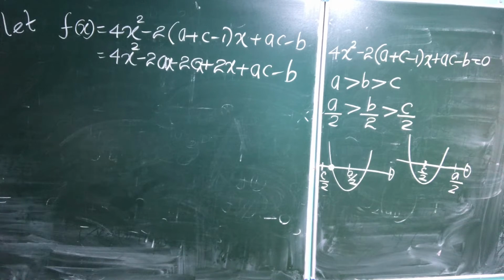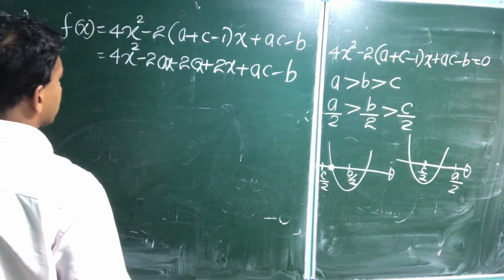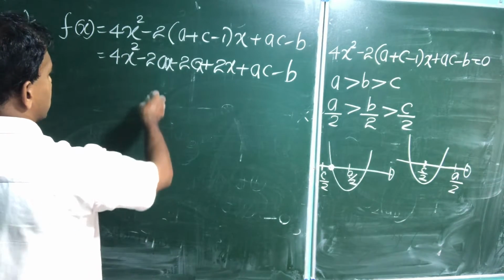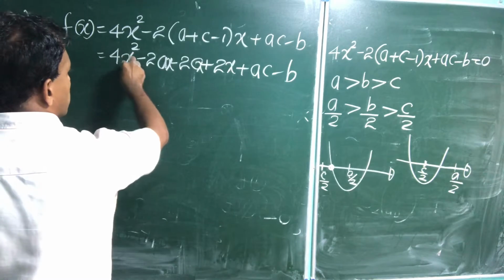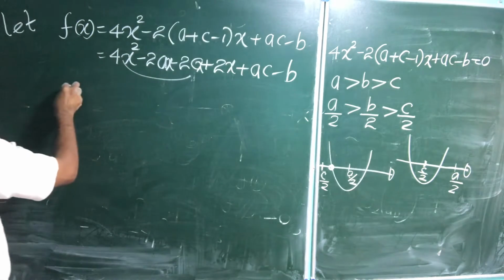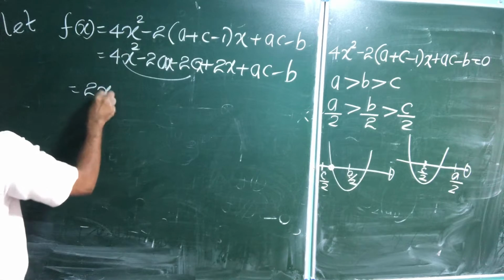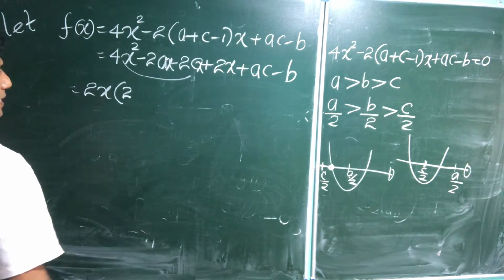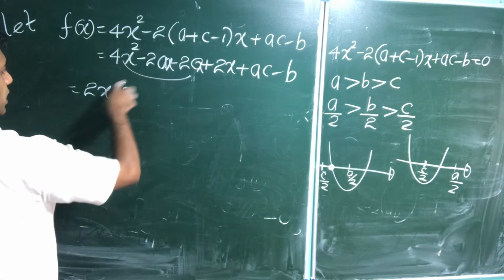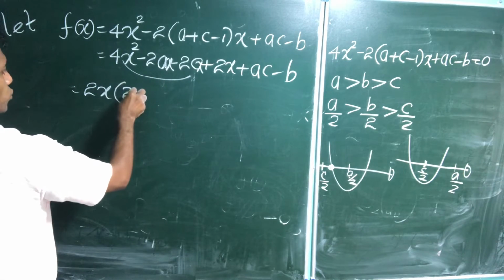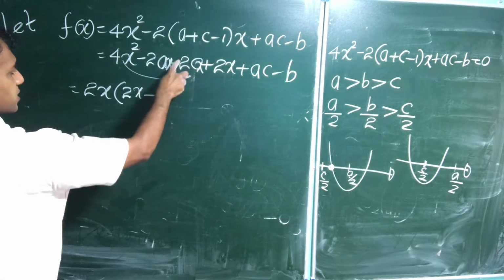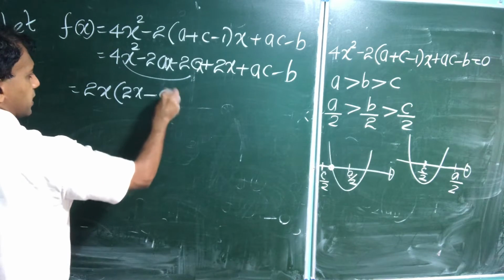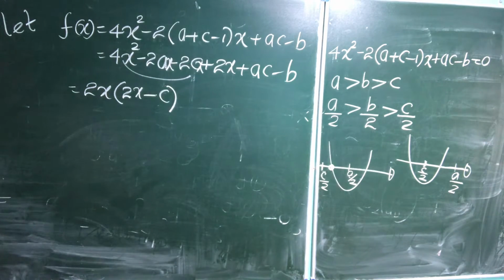If there is any factorization, can you factorize anything? What about this 2? If I take 2x out, then here 2x minus c, 2x minus c,